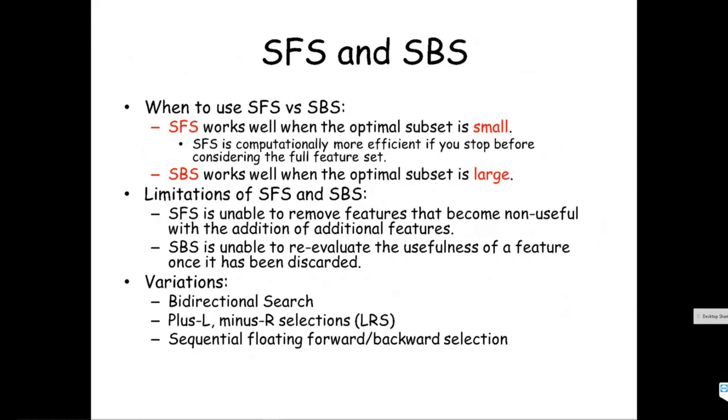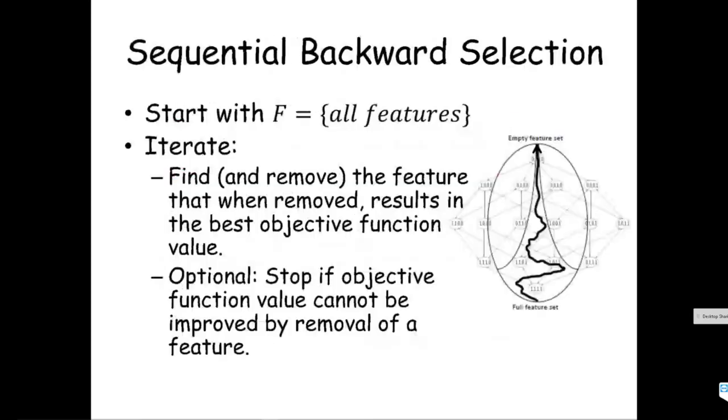Okay. SFS is also computationally more efficient because you are starting with smaller matrices. Okay. You're starting with a matrix of size 1 rather than a matrix of size 100. Makes sense? And even if you go all the way to the end, you would be saving a lot of time